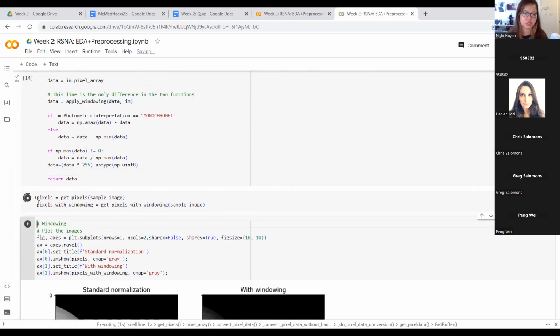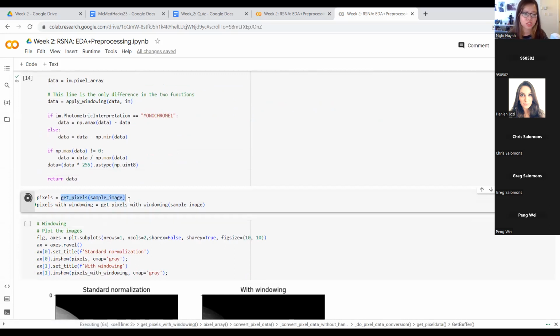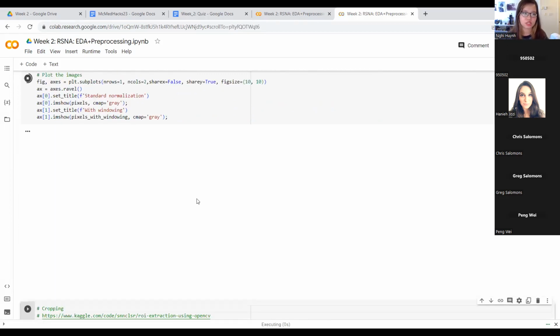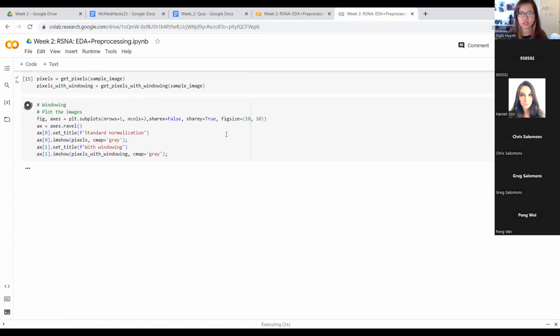Now I will declare 2 variables, the pixel variable, which only contains the normalized pixel data, and the pixel with windowing, which contains the pixel with windowing data. And now I will visualize these 2 images to give you